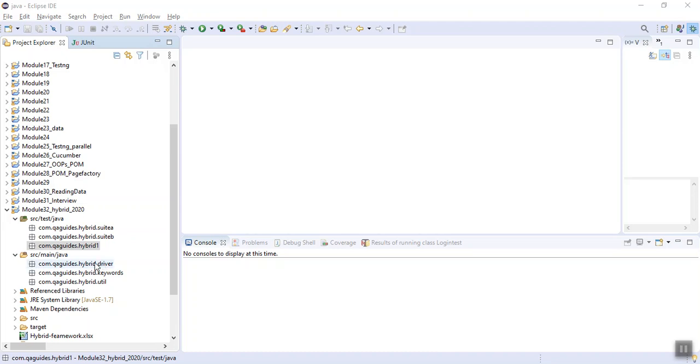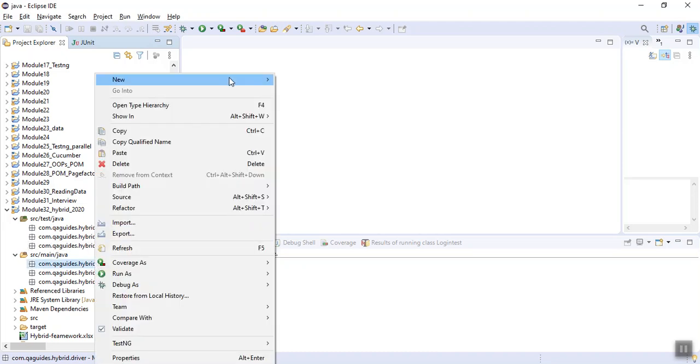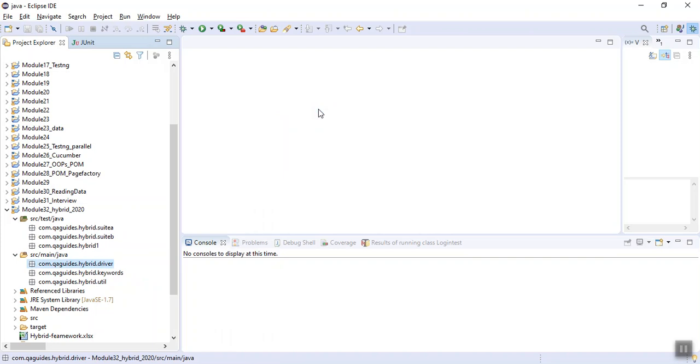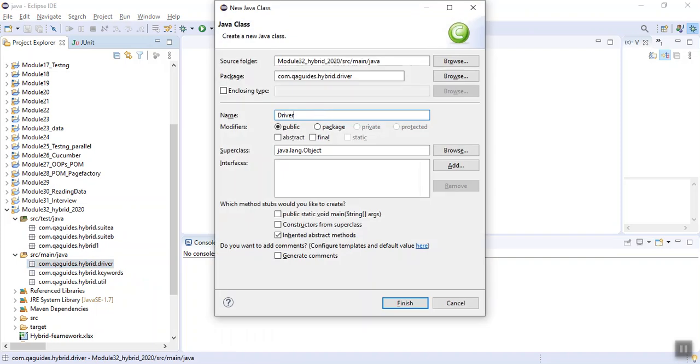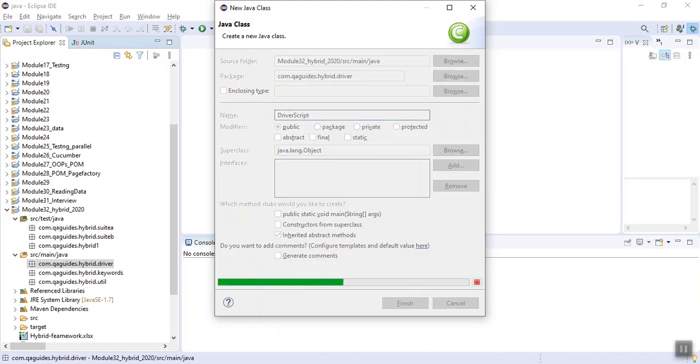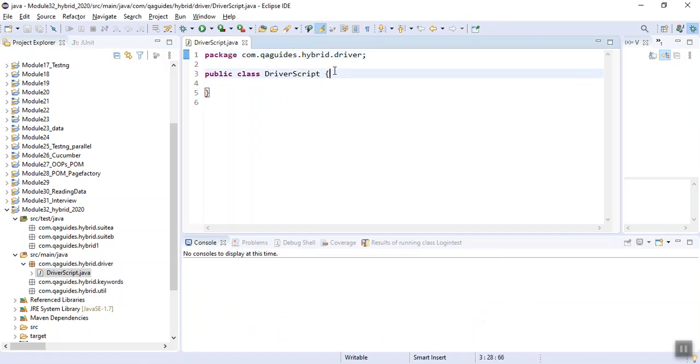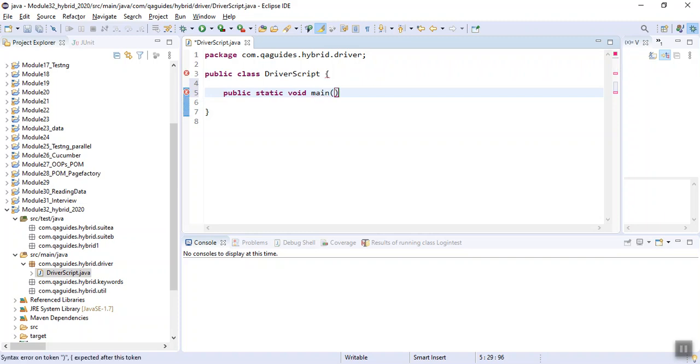So let's start. I am creating a new class, name as driver script, and this is going to be the heart. This is going to be the very important part. Oh, I forgot to maintain the public static void main. Please check it also. Public static void main, String.